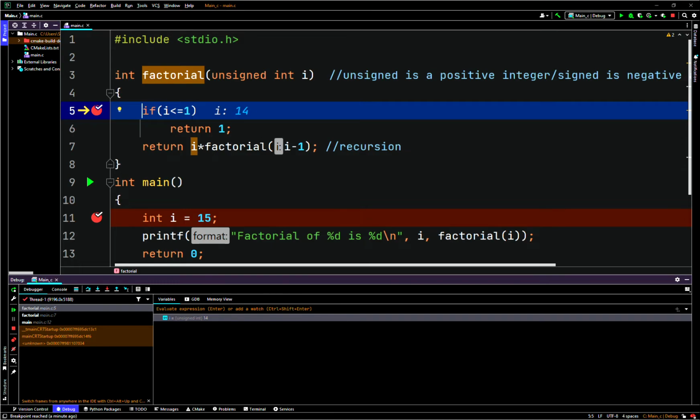So if I is less than or equal to 1. So if 14 is less than or equal to 1, so is 14 less than or equal to 1? It's not. So this line will get skipped, again to this line. So return I times factorial of,